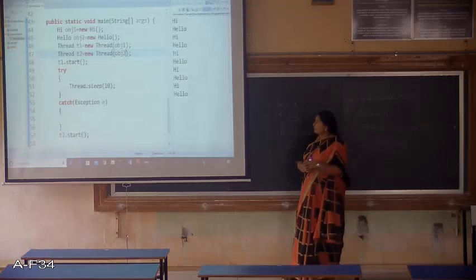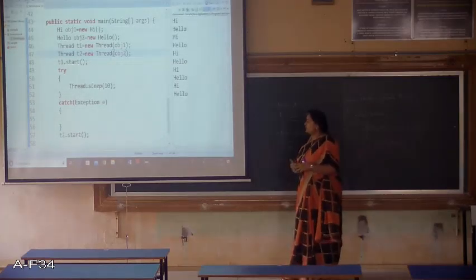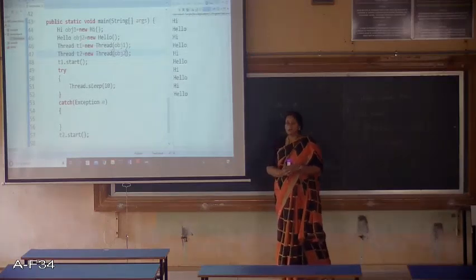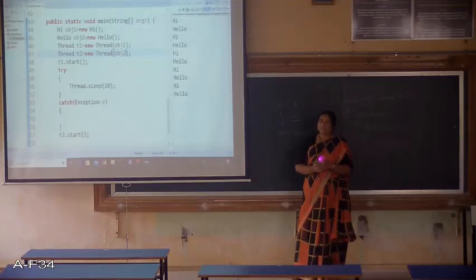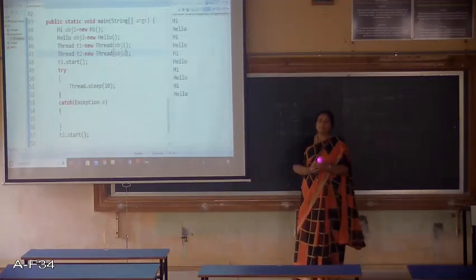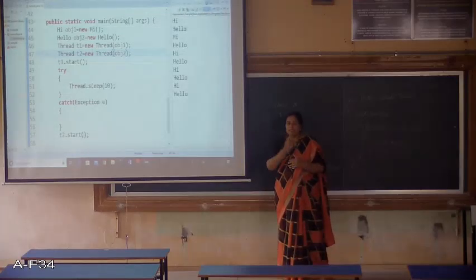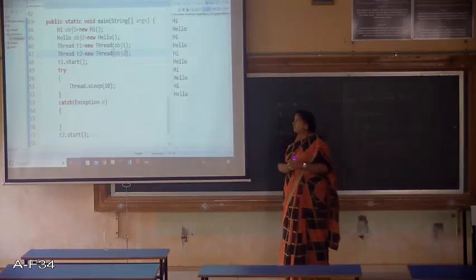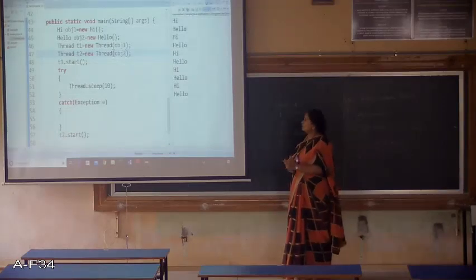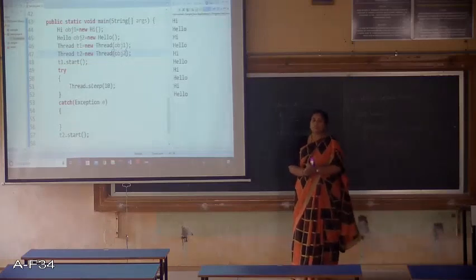So now you can see that using those two threads T1 and T2, we are able to call those start methods, which in turn will be calling the run method. So we already know that inside the run method we have the for loop, which is going to print the words hi and hello 5 times, and this is the result of this. So this is about creating threads using the thread class and the runnable interface.